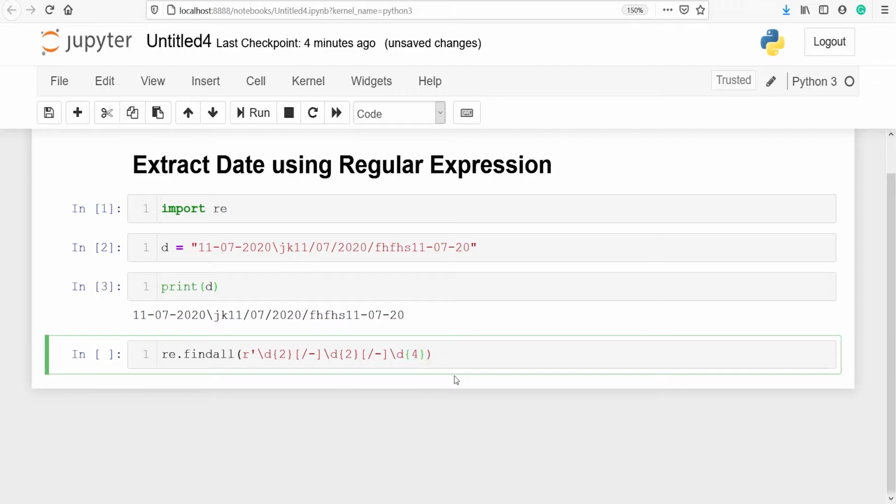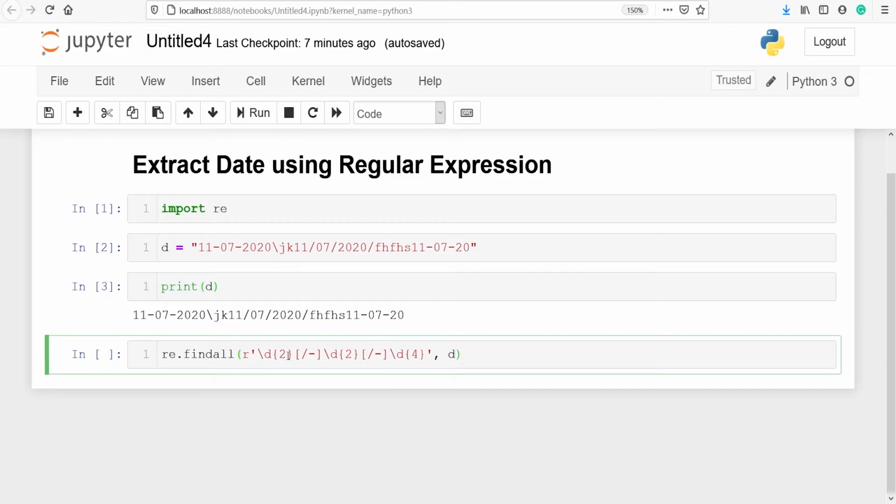I'll put single quotes here, and then I will pass our variable d. Here I am defining the pattern. I am calling the library regular expression, and from this I am using the method findall, and inside this I am defining the pattern, and the pattern is \d. \d indicates all numbers.